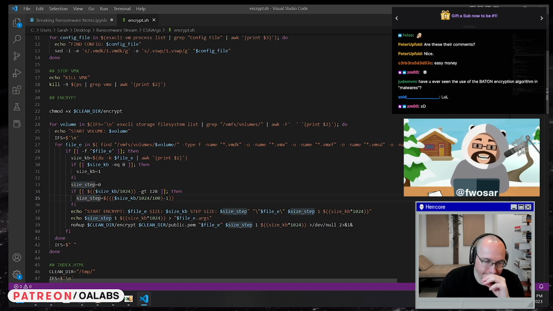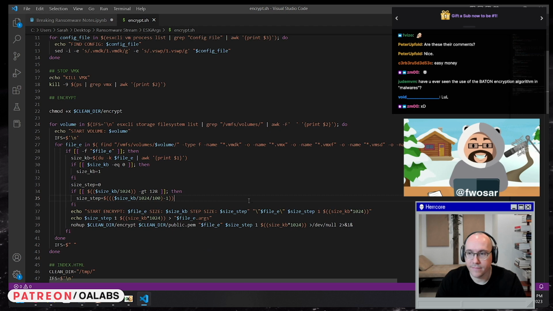Usually in ransomware, when you see something like this, oftentimes ransomware has certain thresholds, and after a file reaches this particular threshold, they are not going to encrypt the whole file, to save time. They may only encrypt certain parts of it, or they may encrypt a part, then jump a little bit further, and then encrypt another part. So this is what I would assume is going on here, but we will see later what exactly is going on. And then it prints out a little bit of